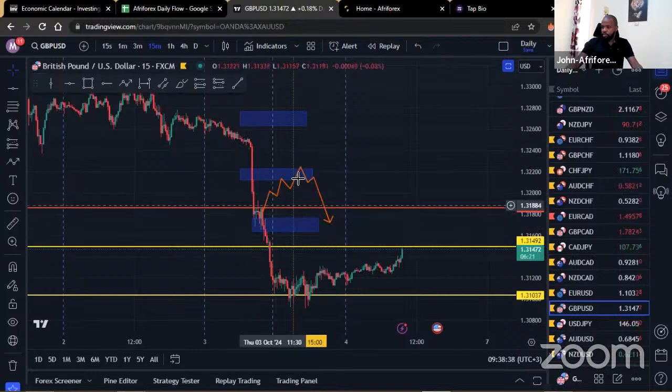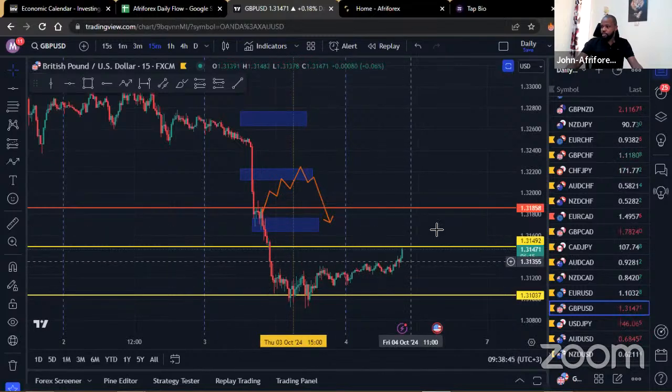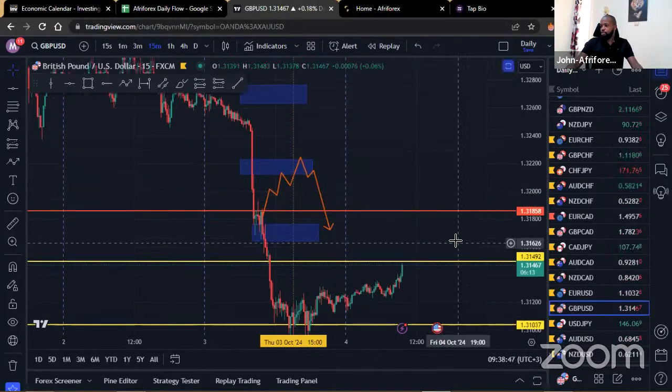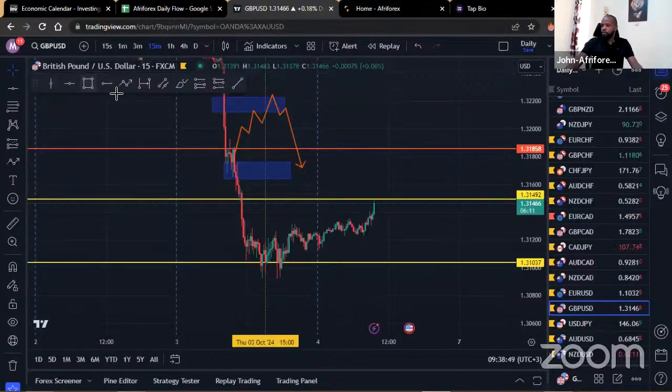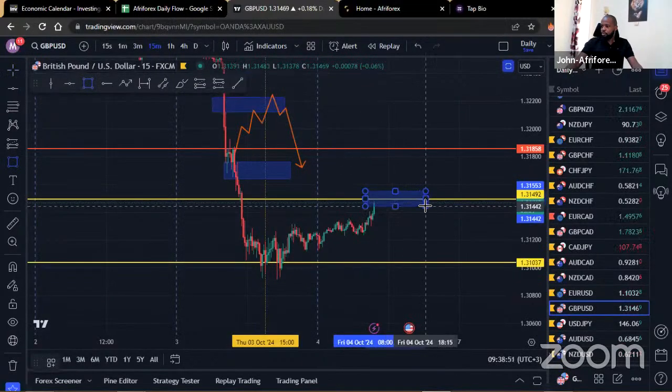Unfortunately, we just couldn't get that. And you can see that the market broke this region to the downside, came in lower, still haven't gotten a pullback, but you can see that the buyers are struggling to push the market to the upside. So for this one, these are the three areas we will be watching out for.